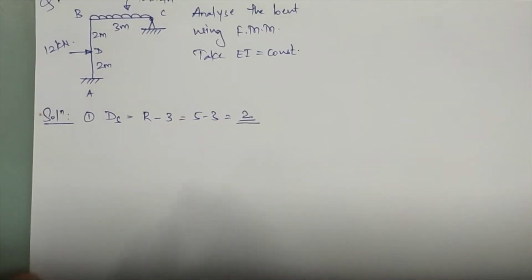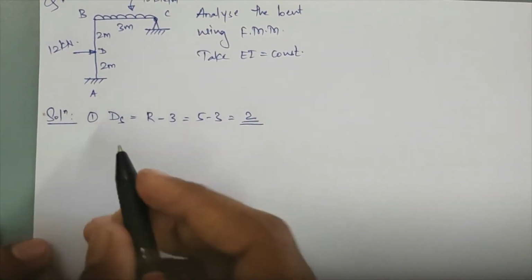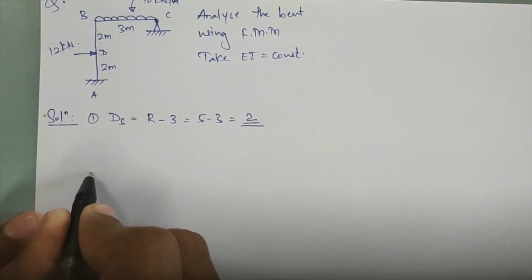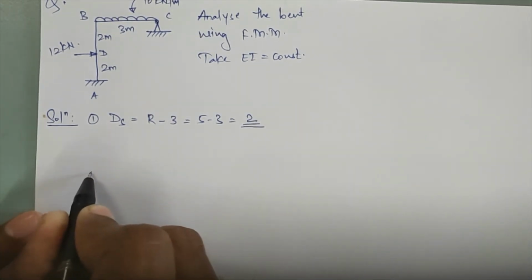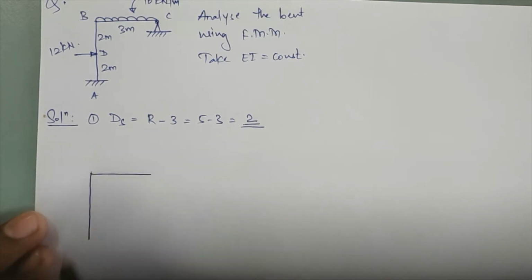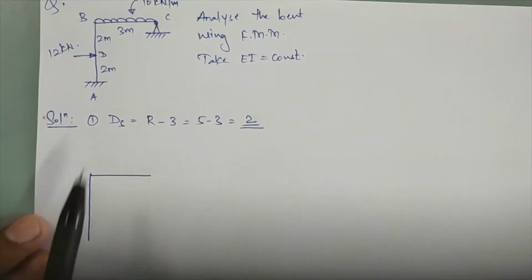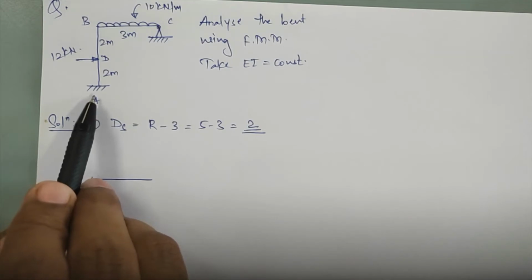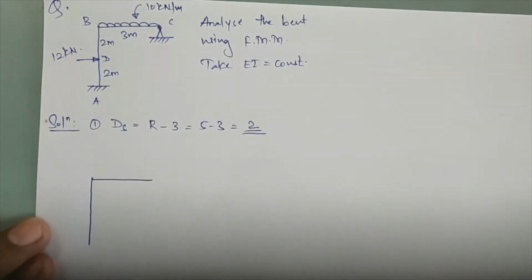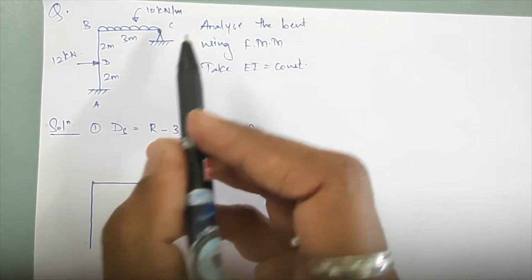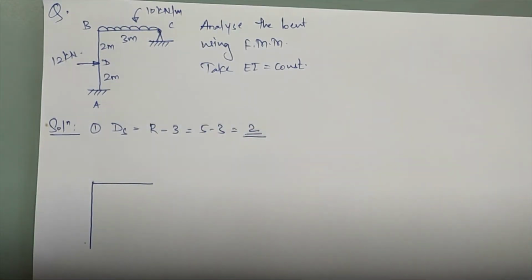Now we'll move to our next step, that is, we'll draw the moment diagrams. In the moment diagram, first we'll draw the capital M diagram. For that, what do we do? We remove the excess constraints. We have 2 excess constraints here, so we can assume any 2 as redundant reactions, out of these 5 reactions, that is, 3 at support A and 2 at support C. How do we assume the redundants? At least that particular support should get completely removed. In that way you have to assume the redundants.